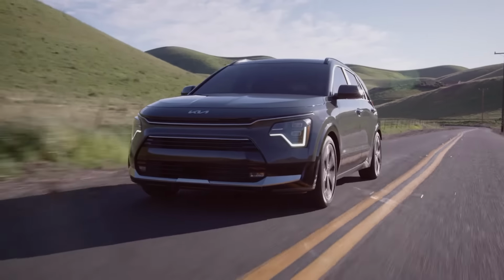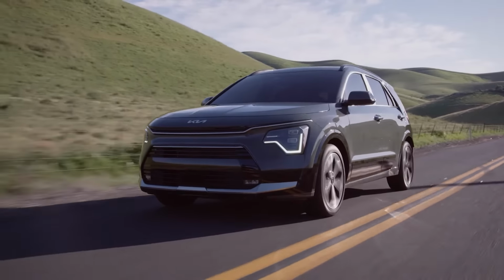So I've chosen a few car brands to focus on, which are the biggest players with hybrids. And the first of those is a tie between Hyundai and Kia. Now there are many reasons why I've chosen Hyundai and Kia to put on this list, but in the last place. For those who don't know, Hyundai and Kia are partner companies and they have been making hybrids for just